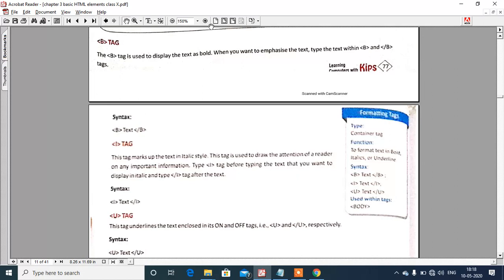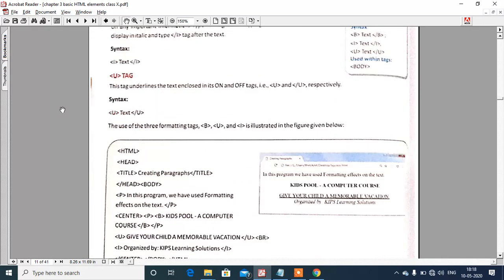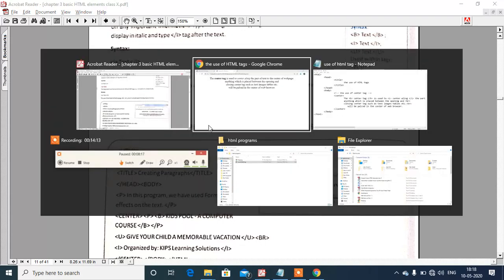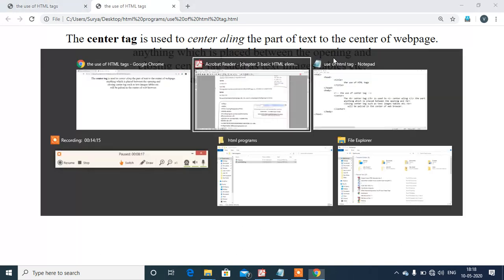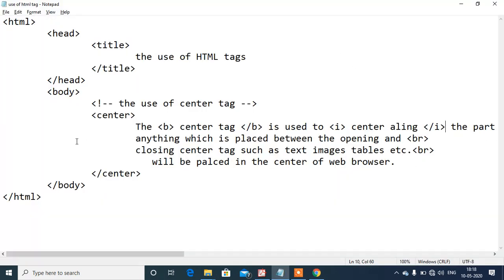Then after, the next thing is the U tag. This tag underlines the text enclosed in the on and off tag. That is U open and U close respectively. That means U, then text, then close U. Now one more example here. Now we want to underline text, image and tables.